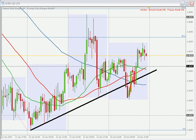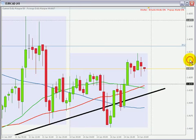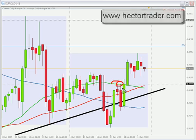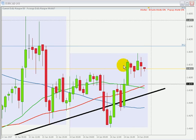Okay, we retested the 142.00 round number from below. Let me zoom in a little bit, guys, for you guys to see better. There we are. Okay, we retested this level, and I was expecting to begin moving downwards, but instead we shot to the upside, and I had to cancel the whole thing. Okay, so well, like I say, not much to say, guys. Boring days in the market, not much going on, and